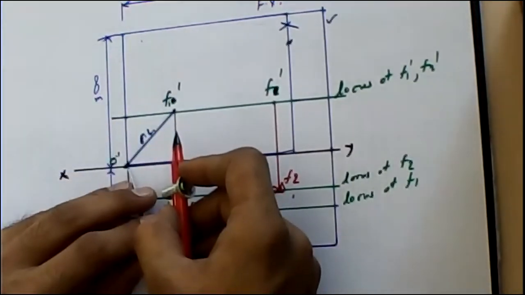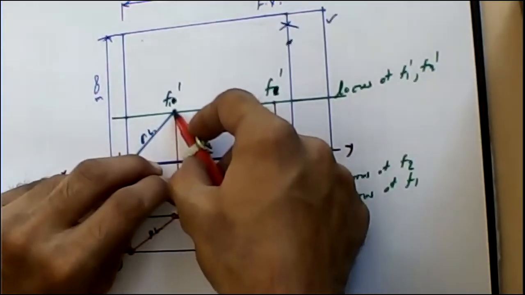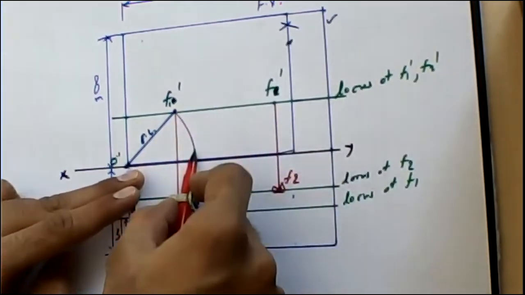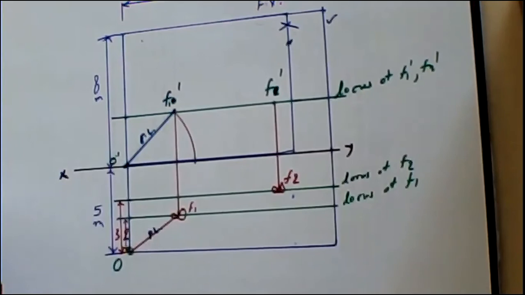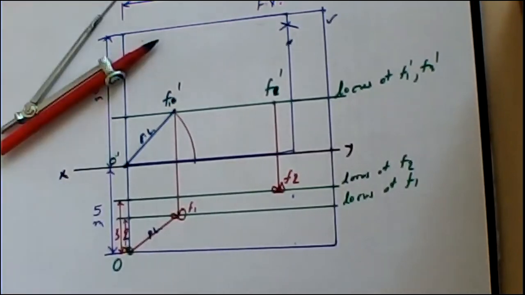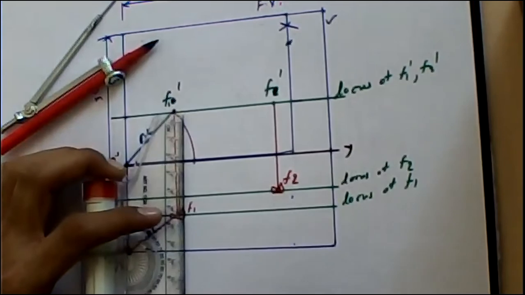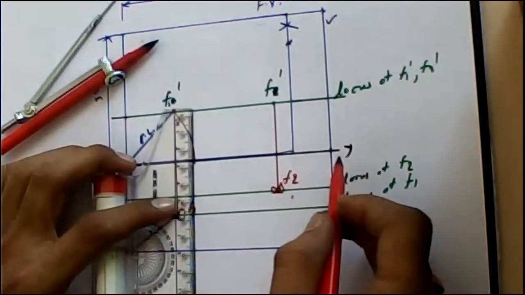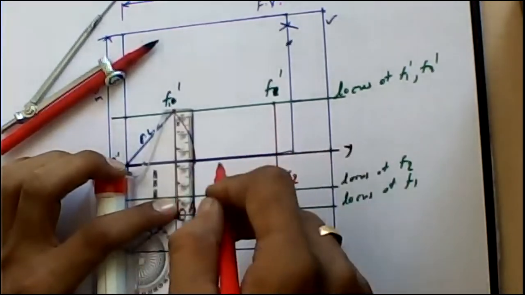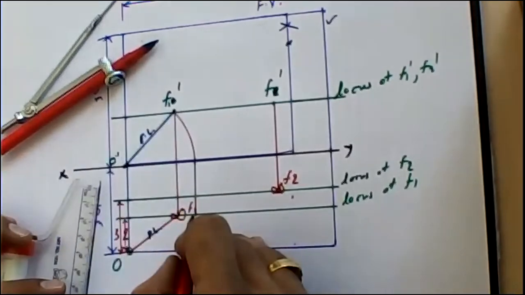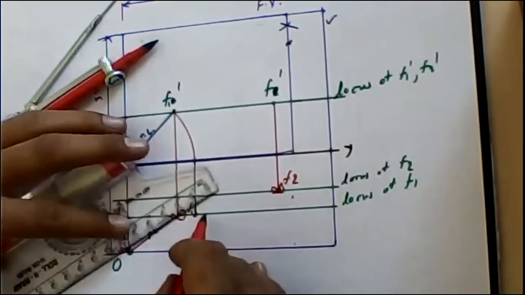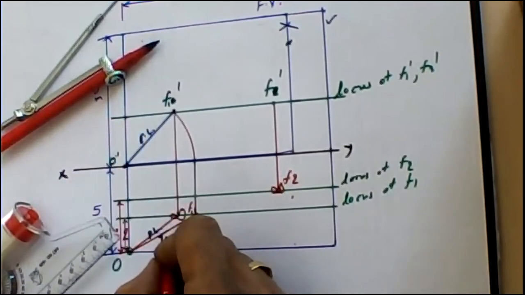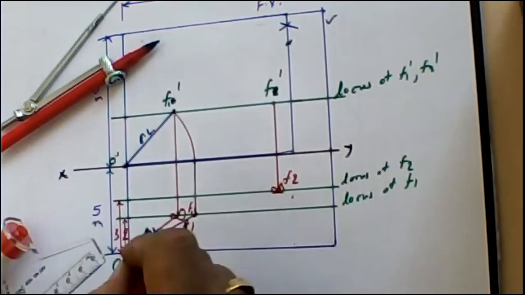From elevation length, how to transfer projections? So we'll go for O dash F1 dash and we'll draft an arc. That arc is going to intersect the O dash and from O dash we need to draft a line which is available up to the next view, next point. So from O in elevation it is going for F in plan. So this is going to be the position. This particular stuff is indicating the true length of F1. F1's position is true length.